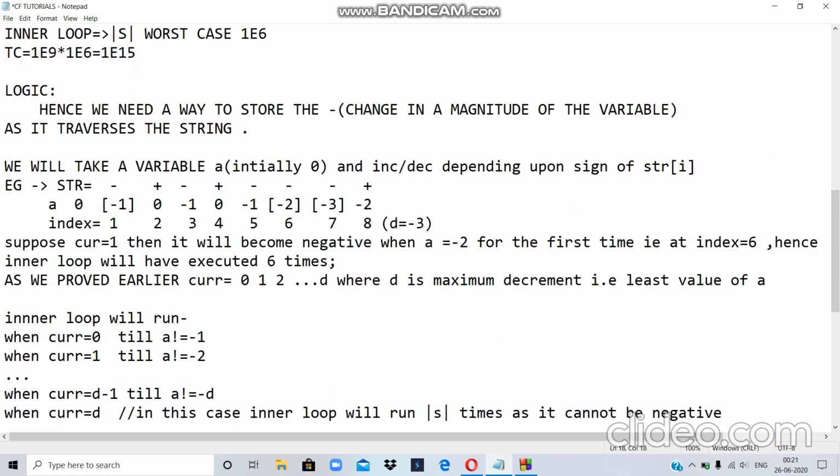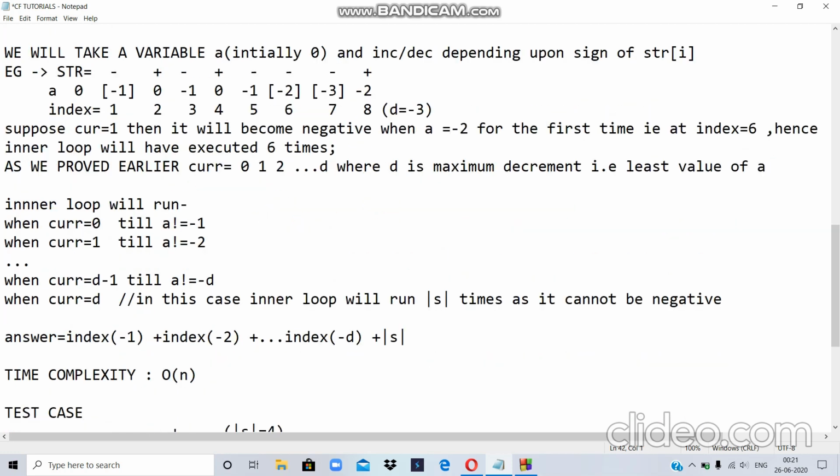Now here, as I earlier proved, current will go from 0 to D. Suppose current equal to 0, then the inner loop will run until a is equal to -1. Until this is found, till then it will run. That is 1, 2, 3, 3 times it will run. Then if current is 1, I need a change of -2, which I will find over here.